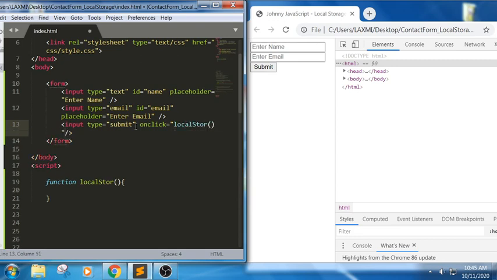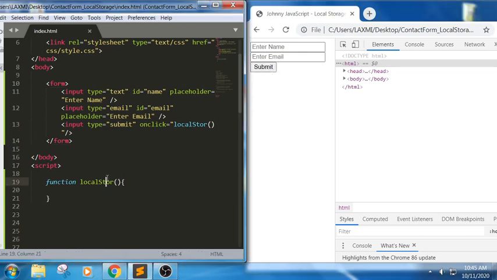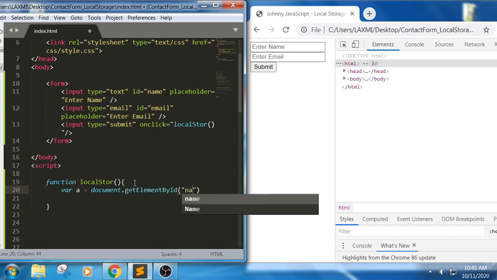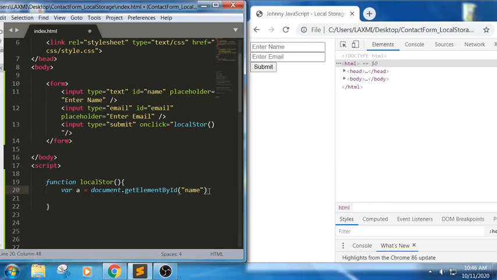It is localStore. When the user clicks on the submit button, the control will come here. Now in this we are trying to read the values of line number 11 and line number 12. I am reading them in the format of A and B so as not to get confused, so we will understand how it is getting a value. Get element by ID name. As we have discussed, in order to read the input value, for example whatever I am typing here, we should use value.